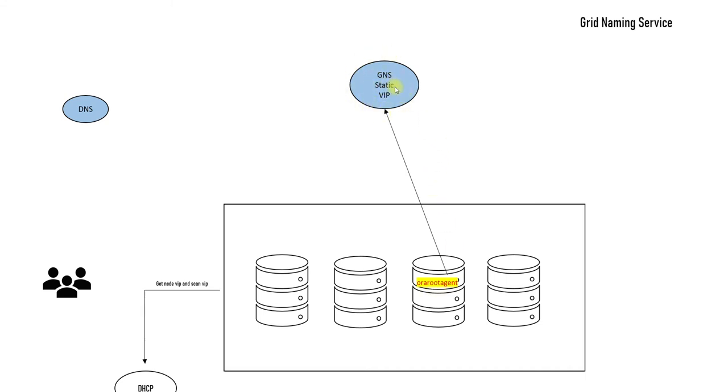So now GNS has that information, okay, so it will register that information. This is a very important point: to configure the GNS you need to have DHCP apart from DNS, right? DNS must be there, but DHCP is the most important thing. If DHCP is not available, Aura root agent won't be able to collect anything and pass it down to GNS. So DHCP is also very important, okay. This is the functionality of Aura root agent.